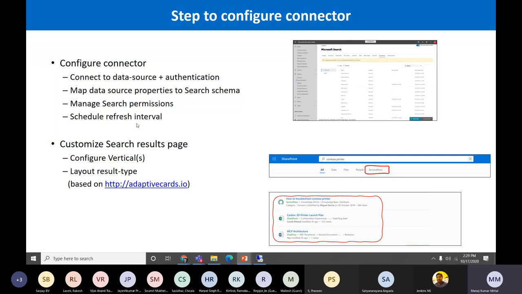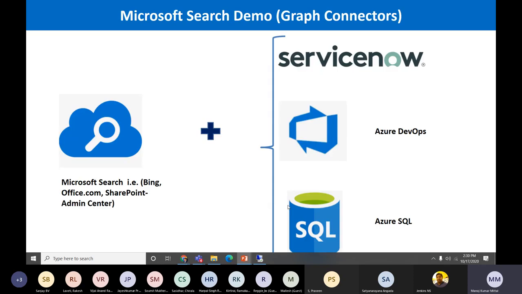We can define the refresh interval, and then for the result page, we can define our own interface in the search result. So it's not like the default interface that SharePoint or Search gives, like how you are looking here. We have a control; Microsoft has given their own interface. We can use adaptive cards here. Not all the full-fledged features of adaptive cards, but the control that the search designers have given has its own set of controls available. So we can design the layouts, which are the verticals we mention here, and how the results will appear. Okay, I have documented all these three demos.